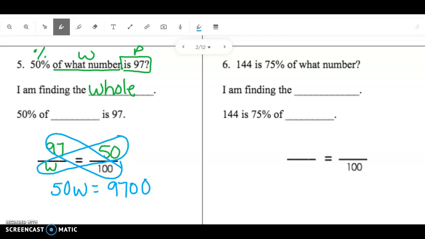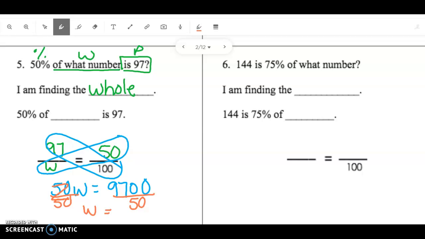Third step, we want to go ahead and divide by 50 and divide by 50. Those are going to cancel out. W is equal to 9,700 divided by 50. Well, that's just taking half. So when I take half,